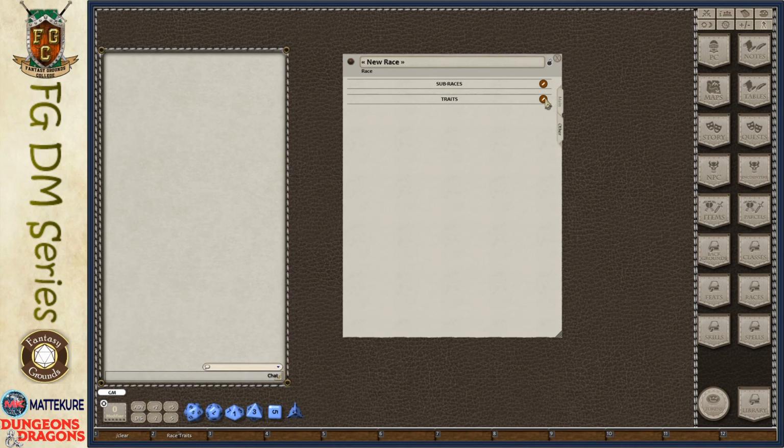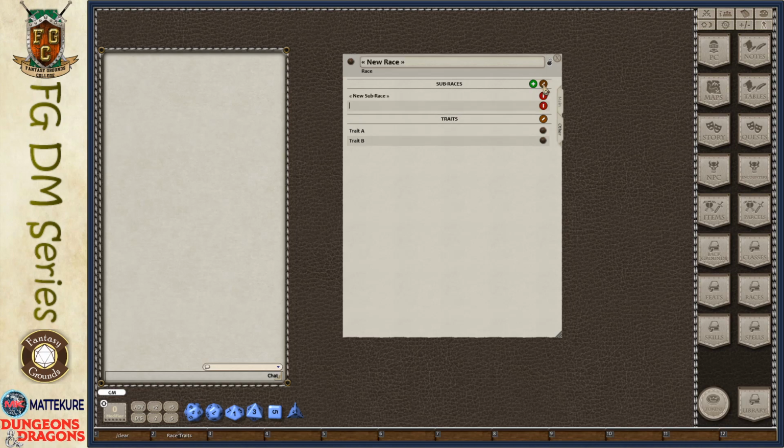So for example, I can add a trait or two here. I give it a name and give this one trait. Then I can edit those traits, give it any properties that I would like. Same thing we do with sub races.